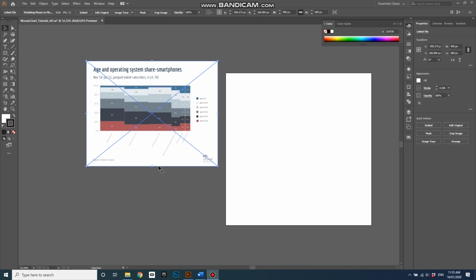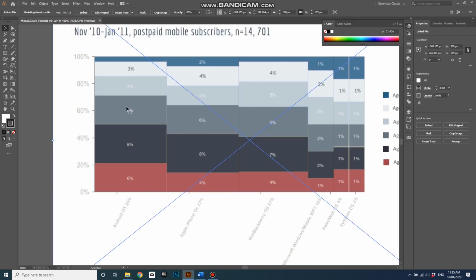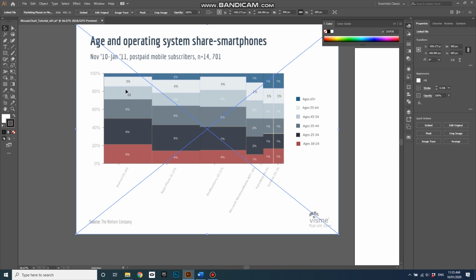This is a JPEG that was in a folder. I've just dragged and dropped it into Illustrator, and you can see if we use Alt and a middle mouse wheel to roll in that it's got a title, some text that's right justified down the side, some angled text at the bottom, some grid lines or grid marks, and some colored blocks representing the data. So in this part of the tutorial, I'm just going to focus on the title and the text and stuff